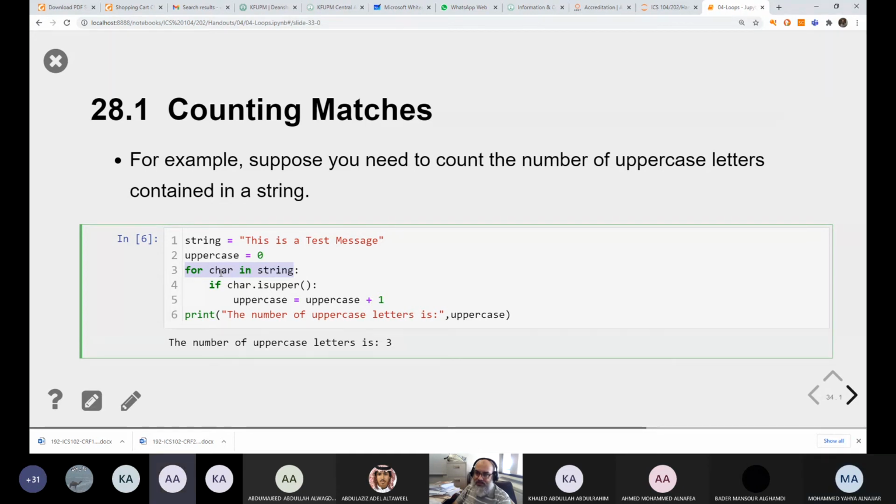The letters. String 0. The letters, capital T, H, I, S, space. These are the values of the character. They are not 0, 1, 2. Okay, if I want to access 0, 1, 2, then how do I change this? The length. Yes. So now, instead of talking about